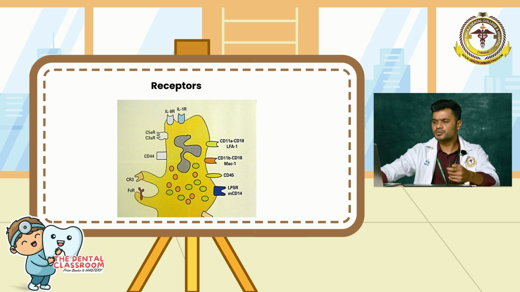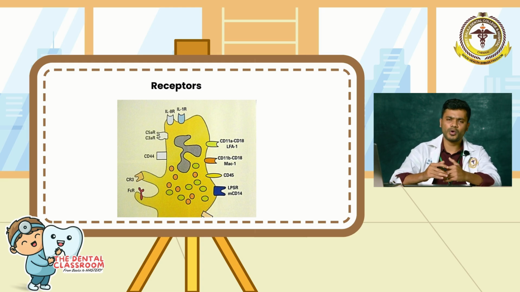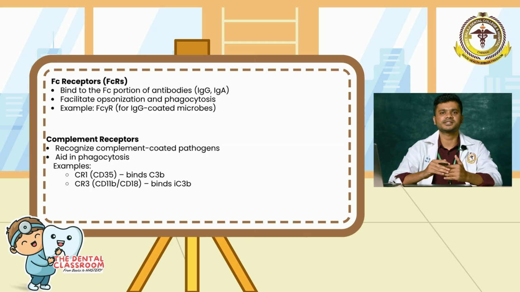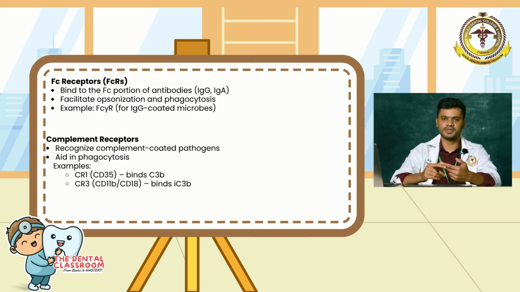So next we'll move into what are the receptors present in the neutrophils. The main important receptors present in the neutrophils are FCR. What is this FCR? Fragment crystallizable receptors. These receptors are present, as well as VAMP receptors. What is this VAMP? Vesicle adherent membrane receptors. As well as you will have complement receptors also, like